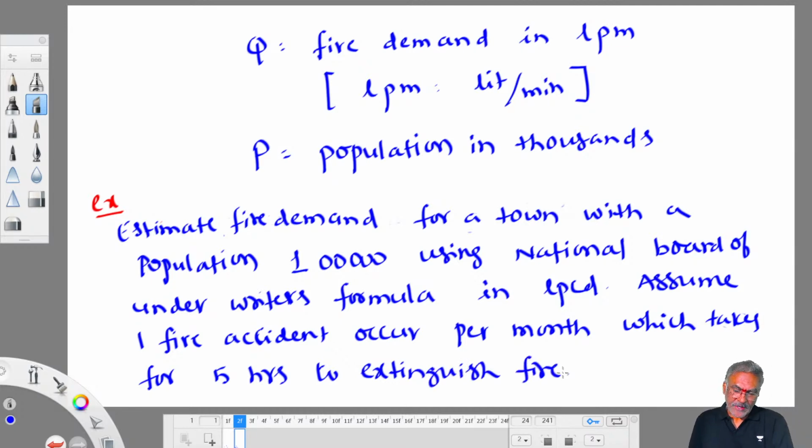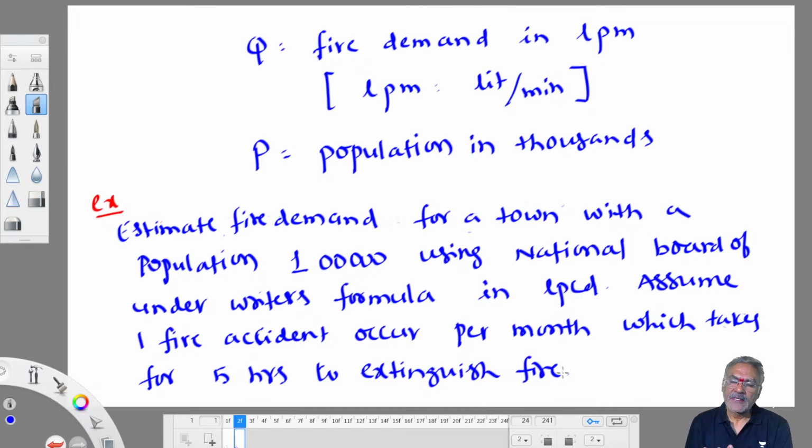That means the usual practice here is whenever a fire accident occurs, we not only issue water on the burning property, we also issue water on either side adjacent to the burning property as a precautionary measure. So therefore it requires a huge amount of water. Normally we use 3 jets of water. Each jet issues water at a rate of 1500 LPM for a period of 4 to 5 hours. So in that much time it will take to put out the fire completely whenever a big fire accident occurs.